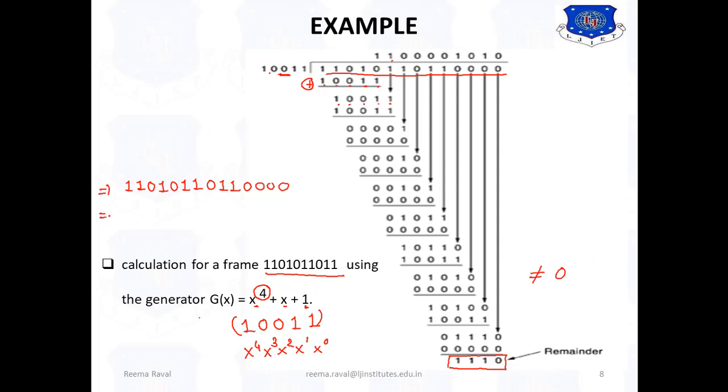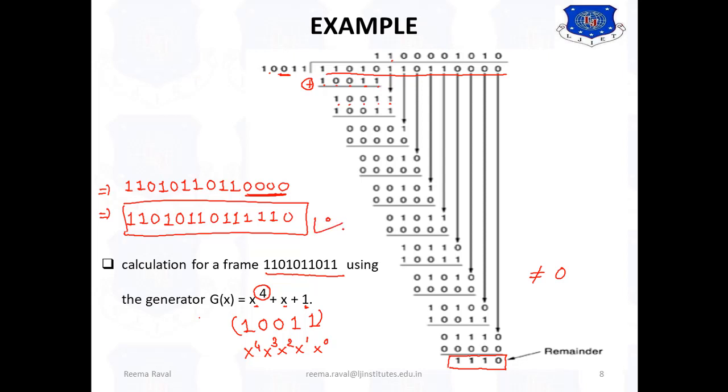So here the CRC will be 1 1 0 1 0 1 1 0 1 1, and the 4 zero bits which we have appended. So after the calculation of this CRC, the remainder are to be placed over here. So this will be 1 1 1 0. So this is the CRC produced. Okay, so now at the receiver side, when this is to be obtained, the remainder should be 0, and if it does not equal 0, it indicates error. Okay, so this is how we can find the CRC code.